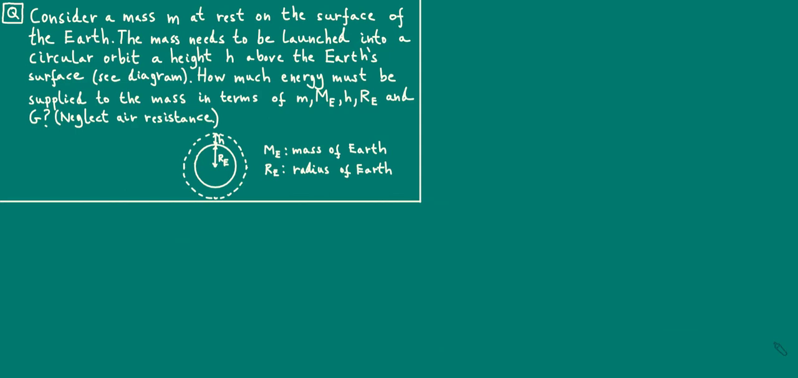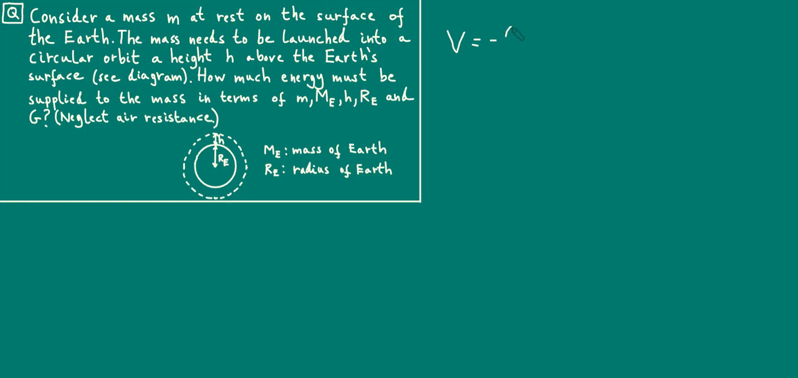Okay, welcome back. To figure out how much energy must be supplied, we can break the problem up into 2 bits. The first bit is, how much energy needs to be supplied to raise the mass by a height h above the surface? To answer this, we need to consider the change in gravitational potential energy between these 2 positions or heights. Recall that in a radial gravitational field, due to a spherical planet, the gravitational potential, which is the gravitational potential energy of 1 kilogram, or a unit mass, is given by V, the gravitational potential, is equal to